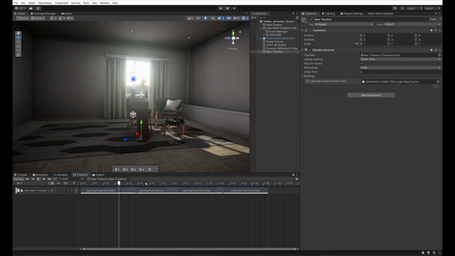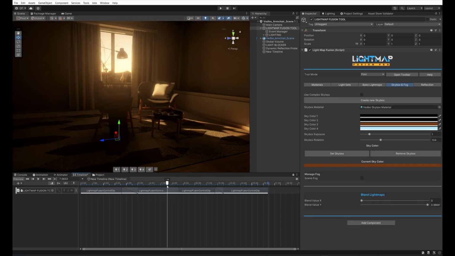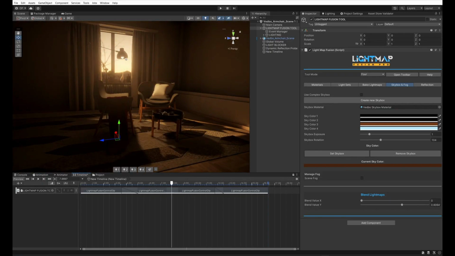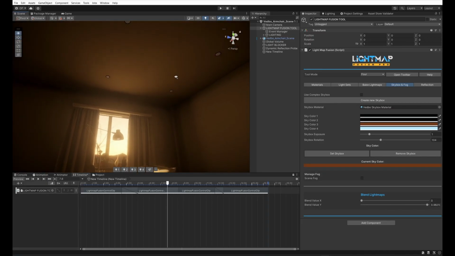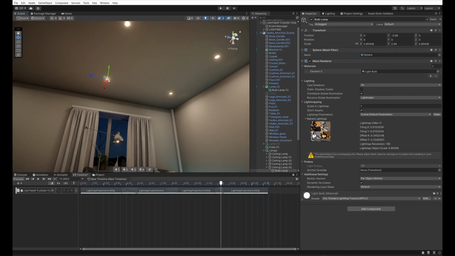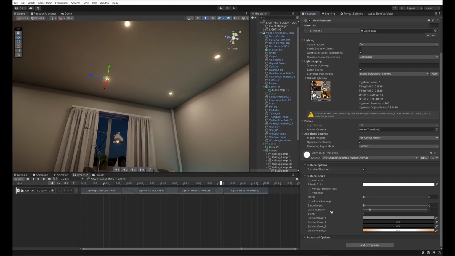Our scene lighting. The tool can also control the emission intensity of the scene's materials. For example, if we look at the lamp, or the ceiling lamps, how its emission intensity also contributes and changes, because it has an emission parameter for each of the states. And well, this is the end of the tutorial on the LightMap Fusion tool for